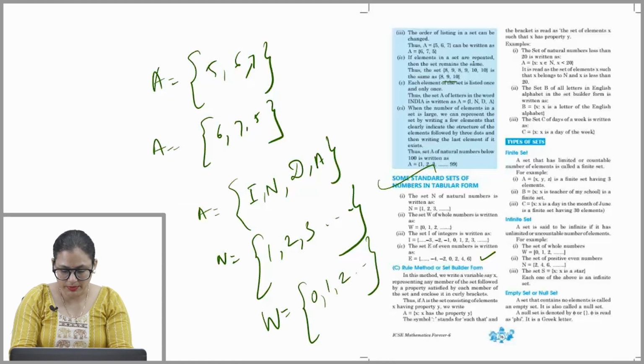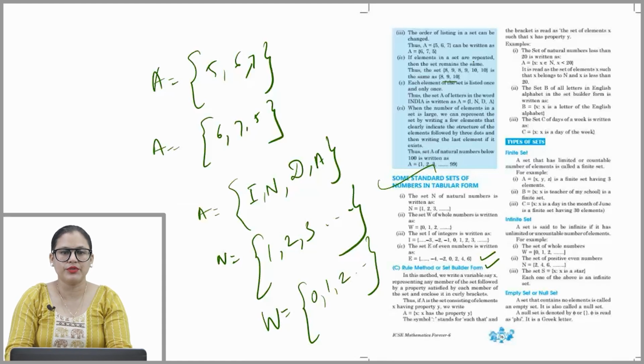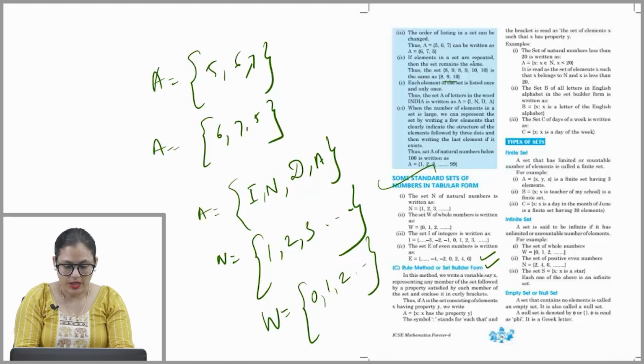C, rule method or set builder form. In this method, we write a variable, say x, representing any member of the set, followed by a property satisfied by each member of the set, and enclose it in curly brackets. Thus, if A is a set consisting of elements x having property y, we write A equals,